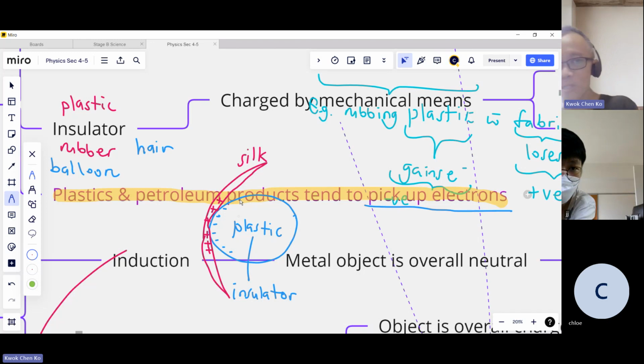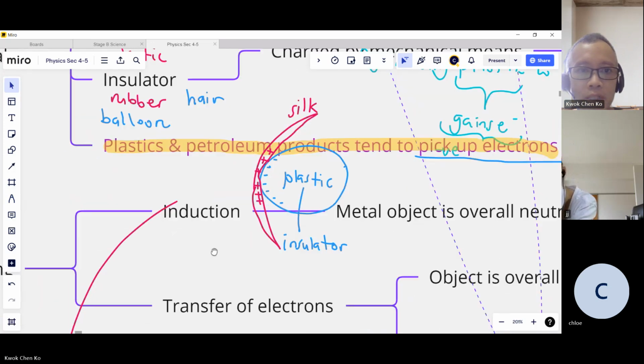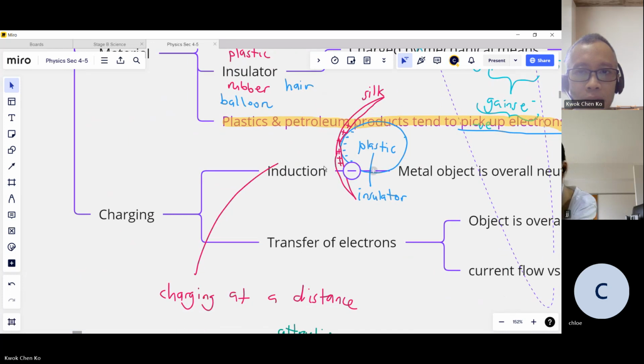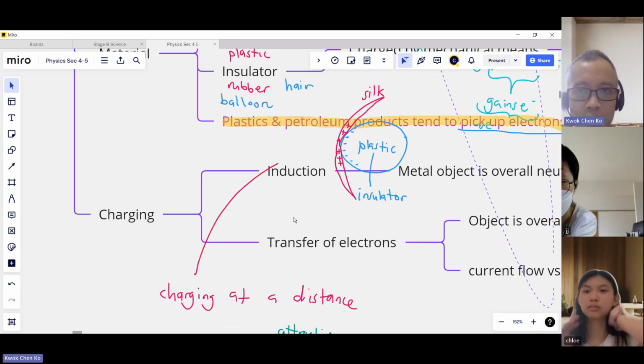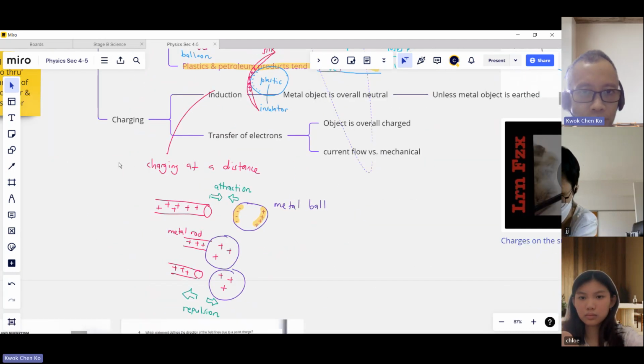So guys, that is how you make a plastic or an insulator electrically charged by rubbing. You cannot pass or send an electrical current into it. It doesn't work. Now, on the other hand, this is an insulator, as I said, plastic. If I have something else,